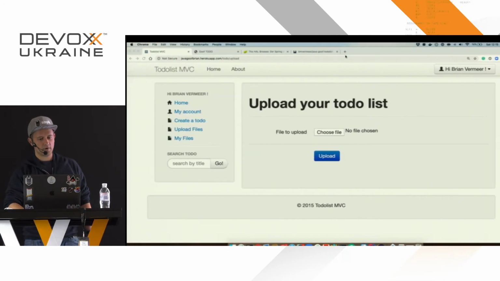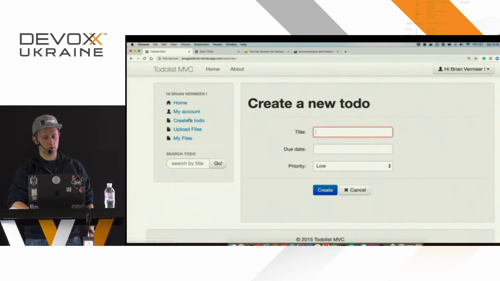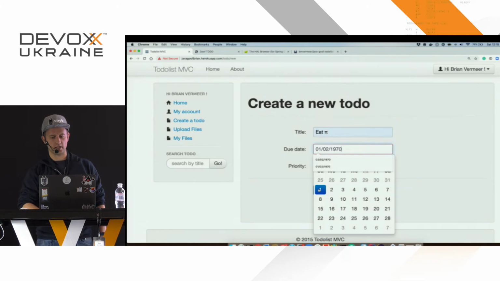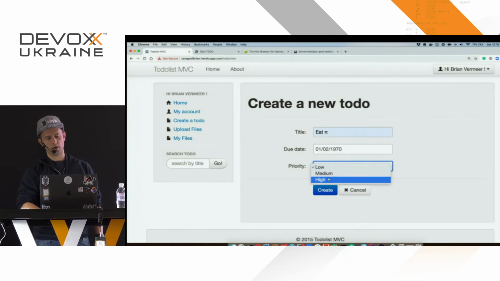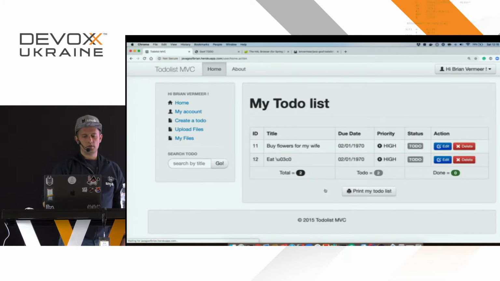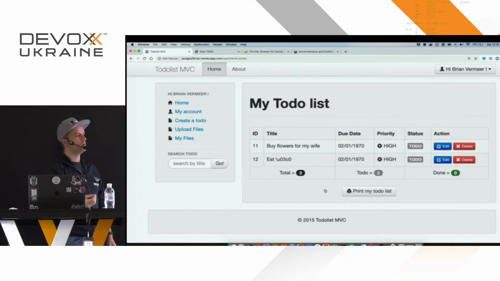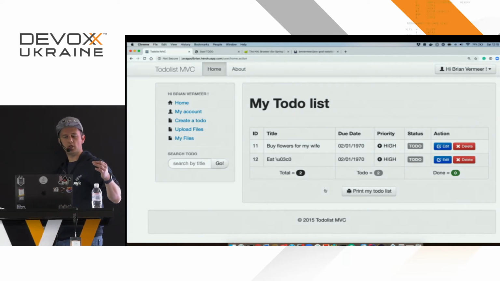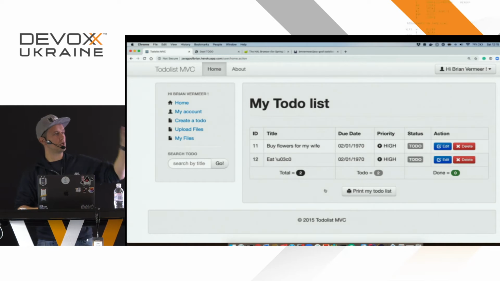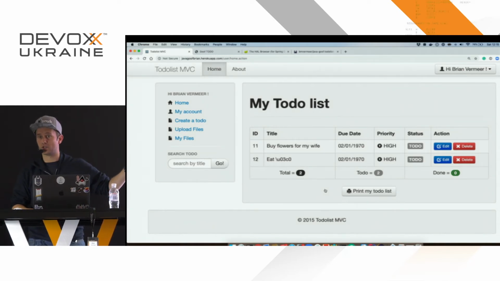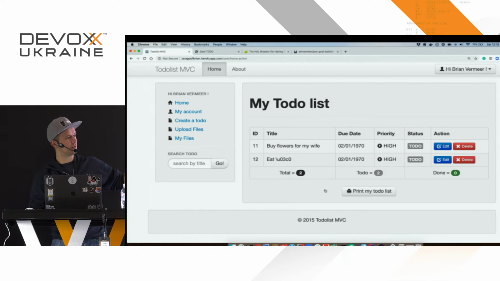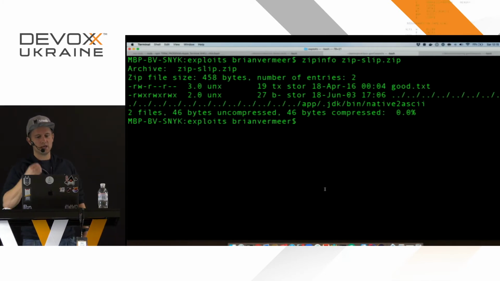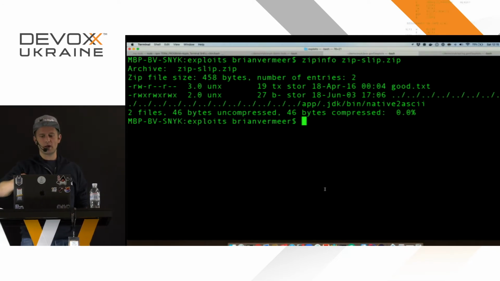Because if I'm here and I create a to-do called eat pie, and again, I set it to 1970, and I'm quite hungry right now, you see that every single label or title goes to that native2ascii mode, and you see that the pie character is changed into an ASCII representation. So I know that native2ascii is used. It's not that hard to figure that out. So what I'm trying to do is override the native2ascii